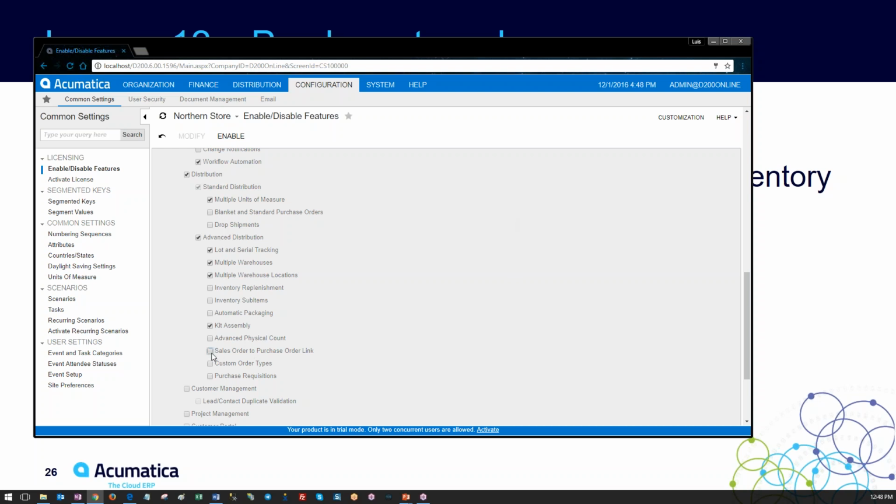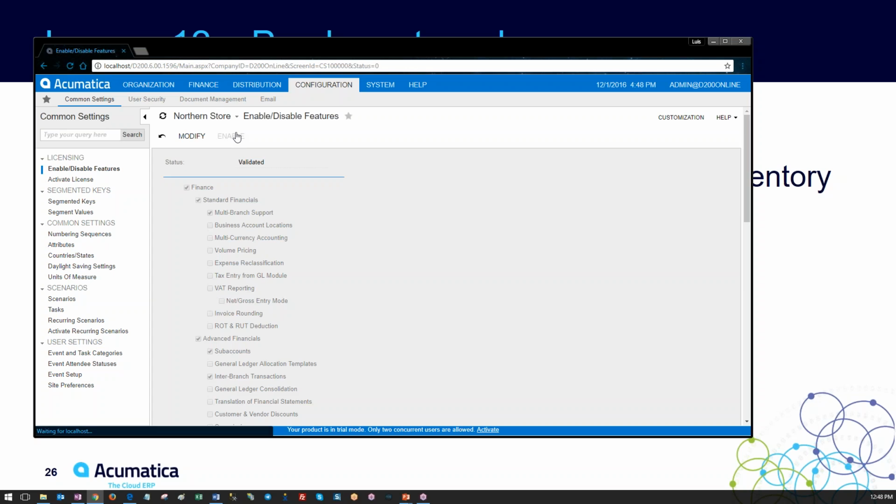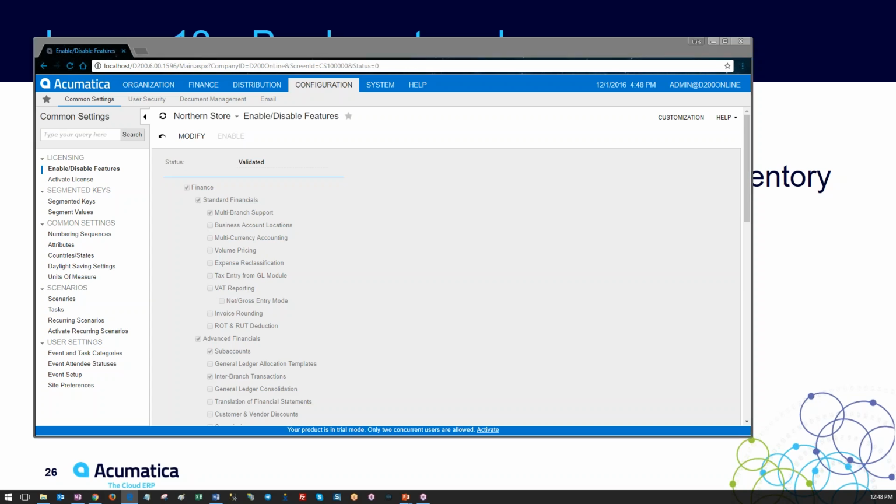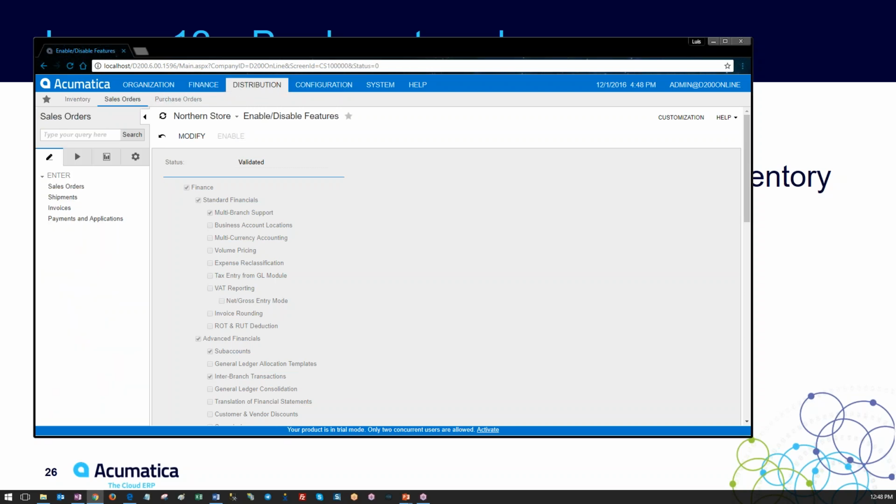I've got it. Here you are. Sales order to purchase order link. Enable. And that updated my instance. And now we are going to be able to go to the distribution, sales orders screen,